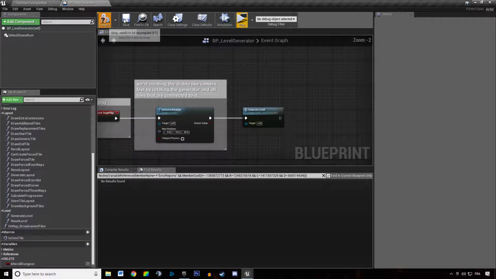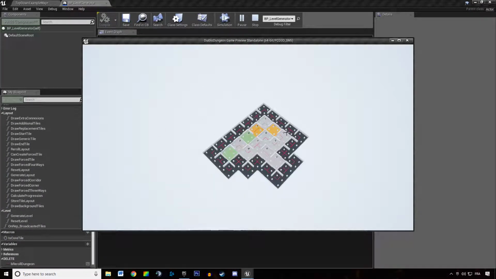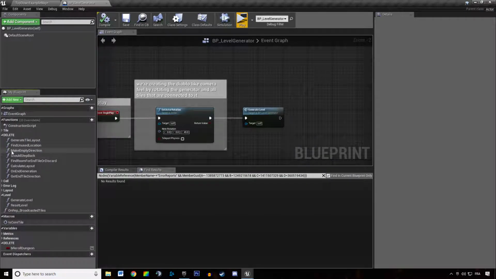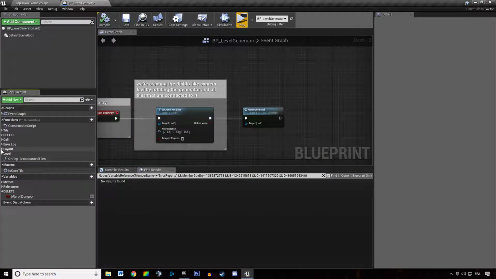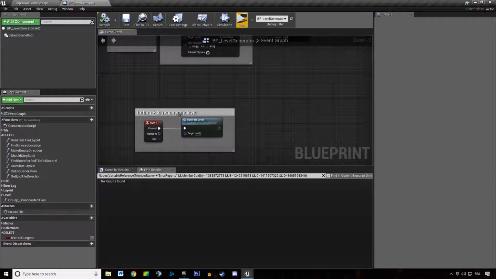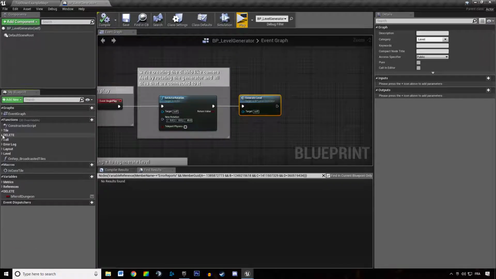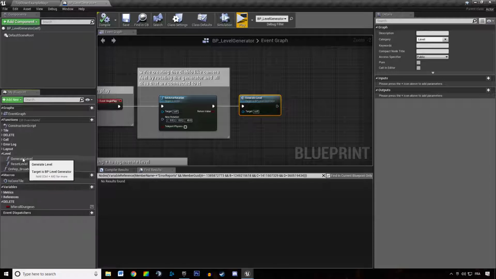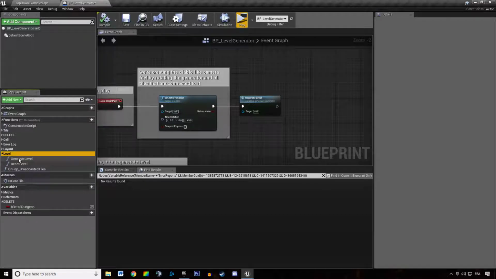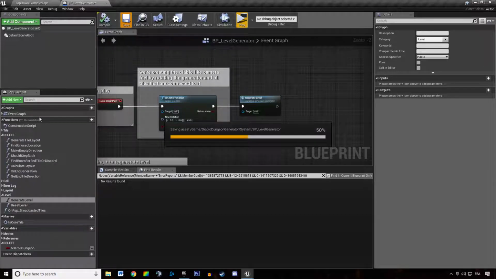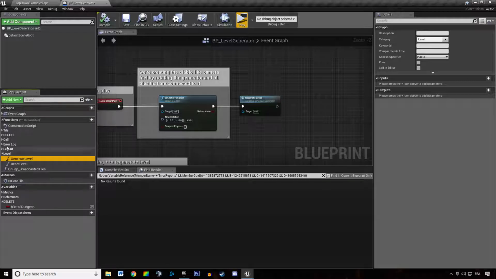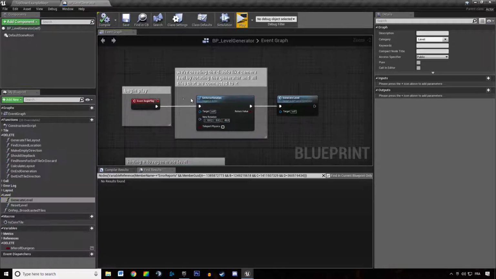So I'm going to hit compile, hit save, hit play, everything is working fine. I want to go in our event begin play. I want to find where is the generate level function. I'm supposing that the generate level function is in our level category, and so I tried to move our level category above and it didn't work. I tried to hit compile to make it work, but it didn't change anything. So